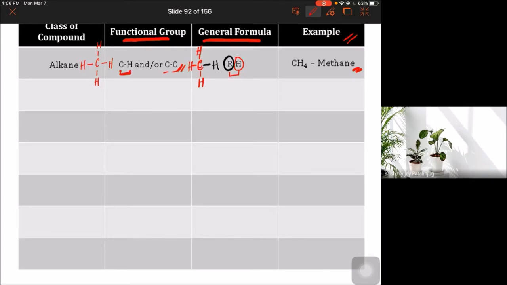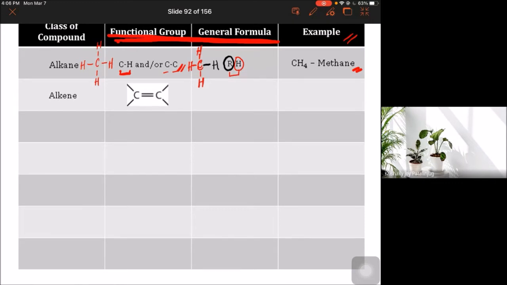Okay, so yan yung i-master nyo lang: functional group, general formula, and the name of that functional group or the class of compounds. Sige, next. After alkane, we have alkene. Now, with regards to alkene, please take note the structural feature or the functional group ng alkene is carbon to